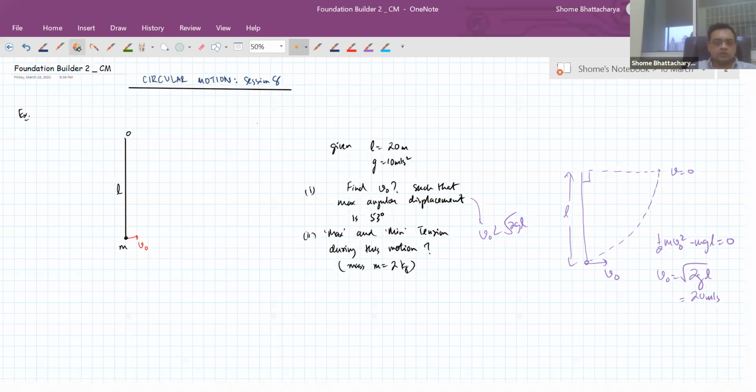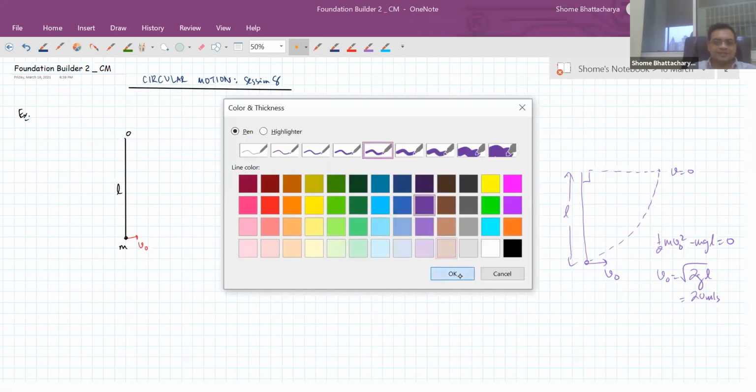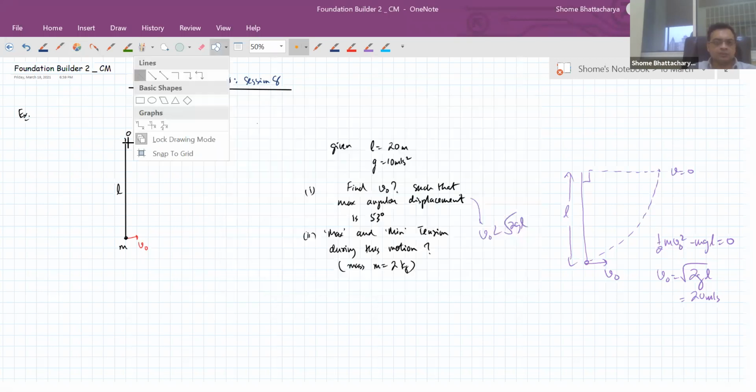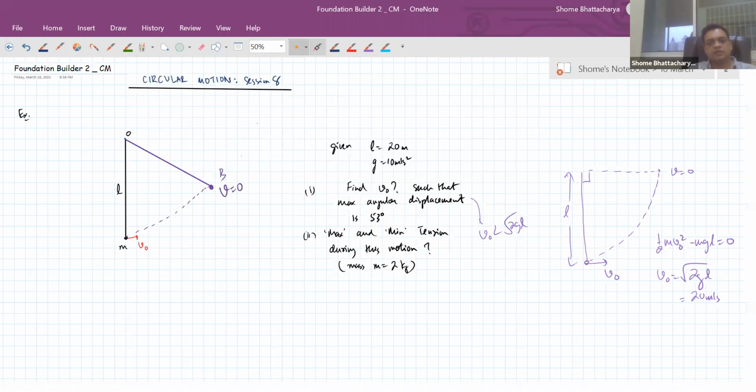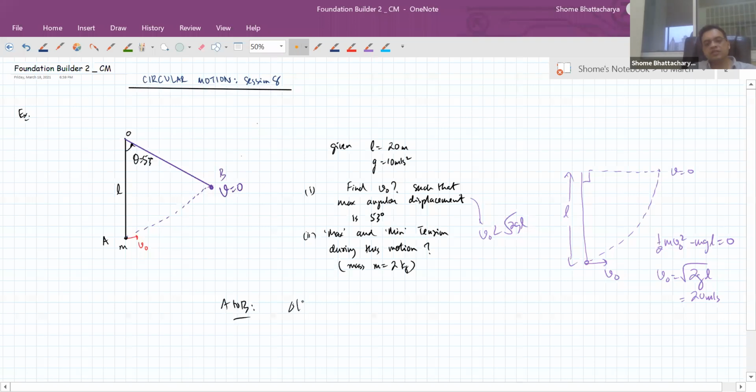Okay, so anyhow, as I was saying, what we will solve for in this case is the situation where it goes up to the 53-degree angular displacement position. And when it reaches the 53-degree angular displacement position, the particle should come to rest. It is not going beyond that. So here the speed should become 0. So let's say this is the point B and the starting point was A. So this angular displacement is 53 degrees. So A to B, again, change in kinetic energy plus change in gravitational potential energy should be 0.